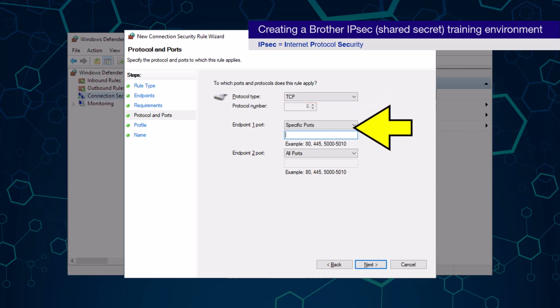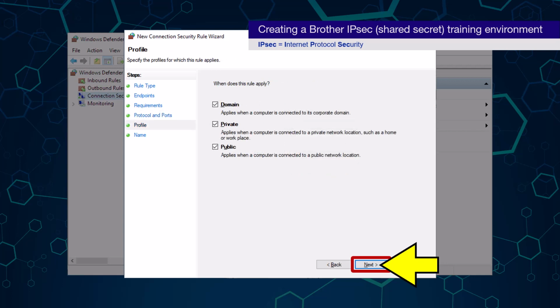And then from this drop-down, select the Specific Ports option, followed by typing port 3389, which is the default port number for the RDP protocol. I will now click the Next button to continue.